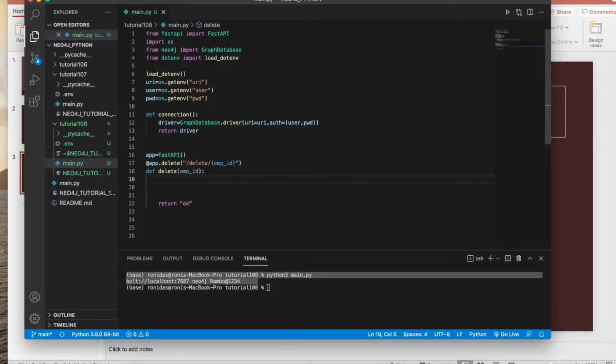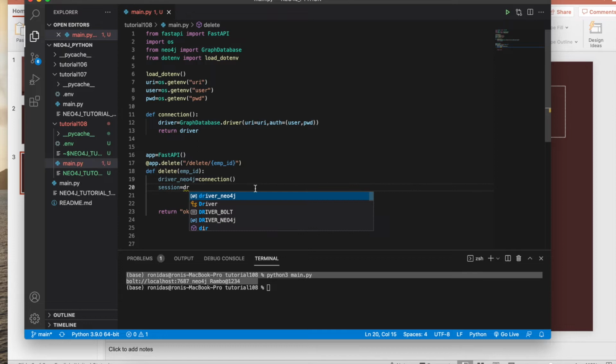so what will happen now, I'll create a Neo4j driver. So maybe driver_neo4j, like this, and I'll call this function. After that I'll create a session object. So it should be driver_neo4j.session. So all done. Now I'll write down the query. So query is going to be